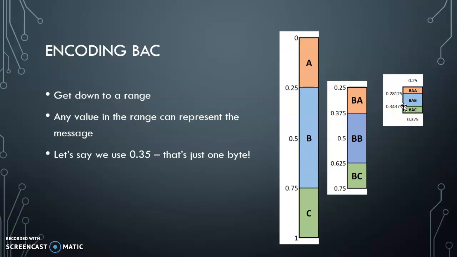To code BAC, we can really use any value between 0.34375 and 0.375. If we only need to go three digits deep, that means we can use a value as simple as 0.35. And that's just 1 byte, so it can be a lot more efficient to use arithmetic coding when it comes to